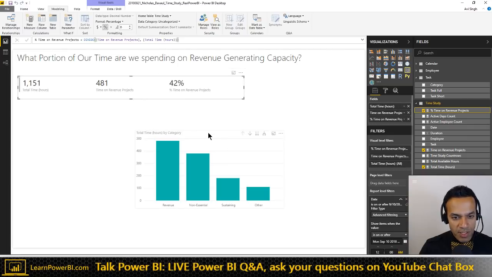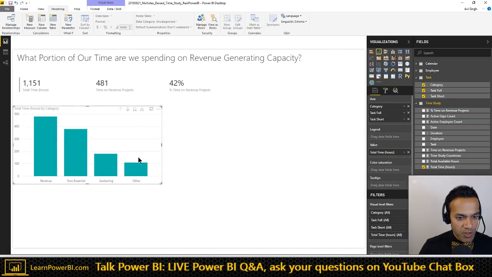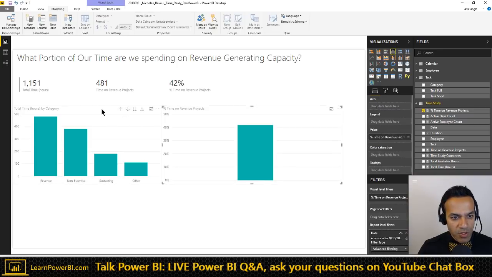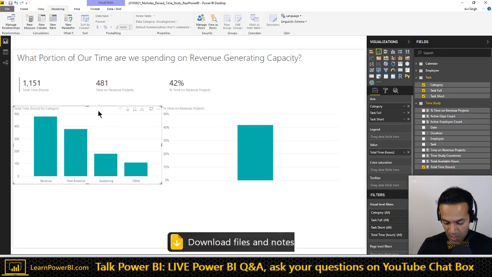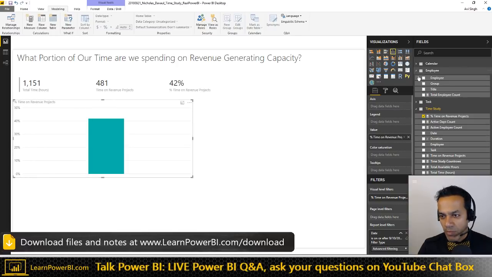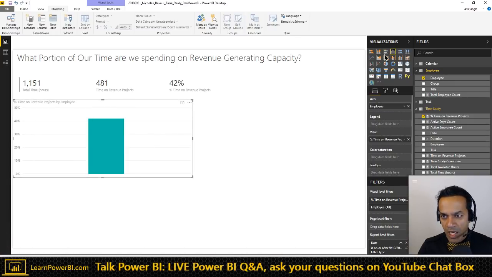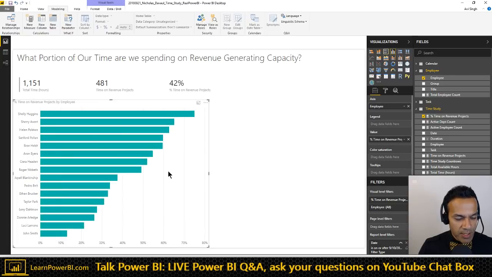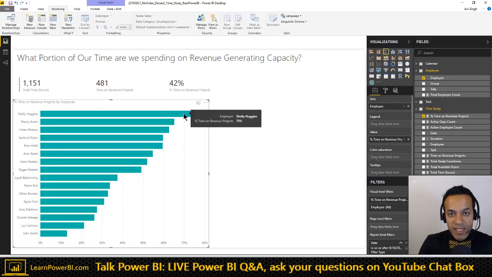Now this is going to be really interesting. So now that we have this, we can compare apples to apples. We can take that number and just go to town with it. I don't even think we need this. So we can say, let's look at it by employee. And I want to change it to this kind of chart. So you can see clearly that Shelly is, I mean, if that is our goal,